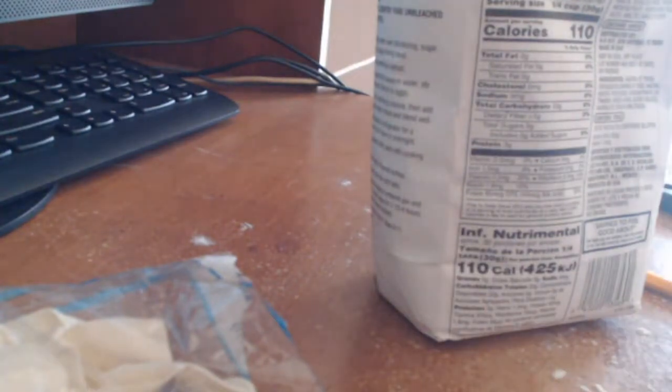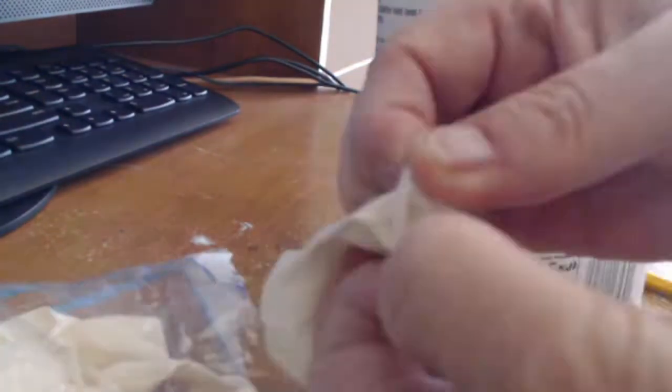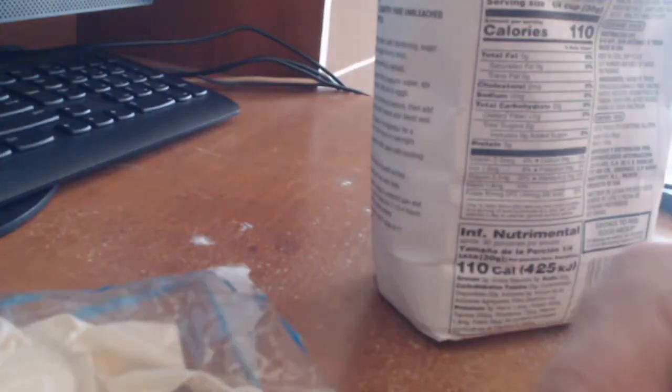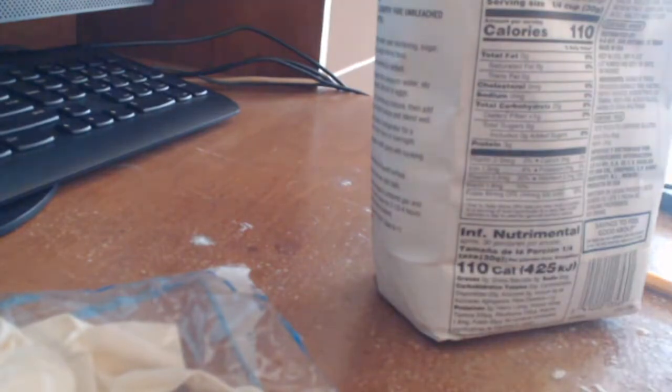Okay. And then you're going to grab this. Grab it like this. Open it up, just like you did the last one. See how it's open? And you're going to stick this balloon in there. That's why you need 3. Okay, once it's stuck in there,